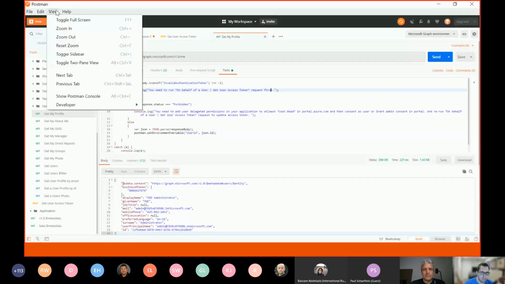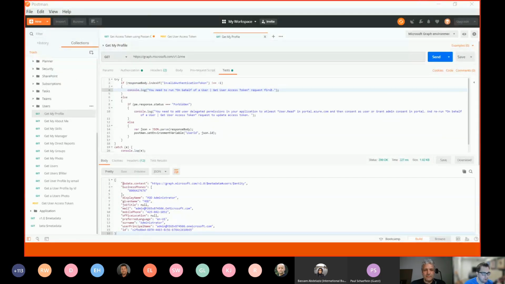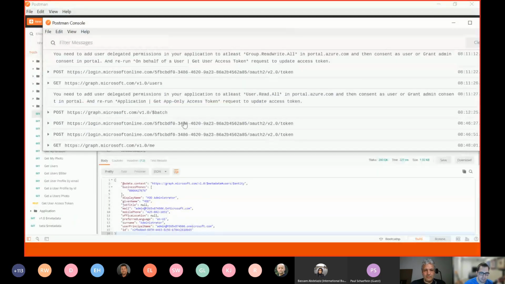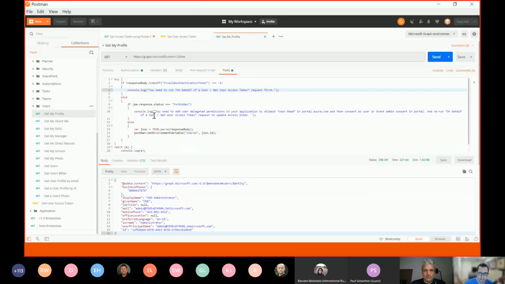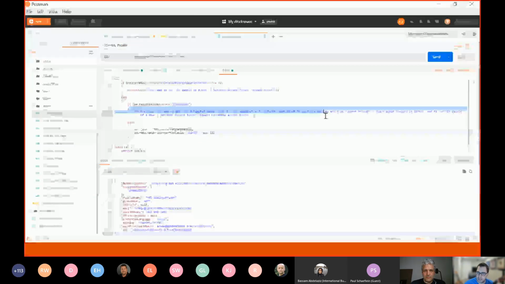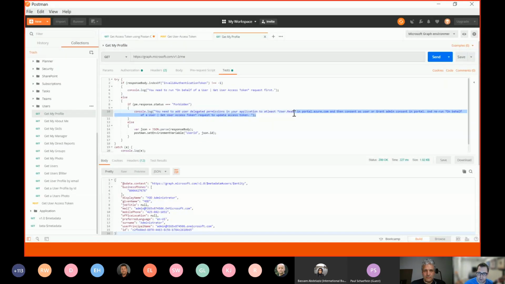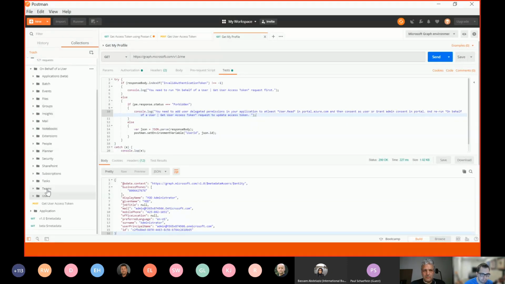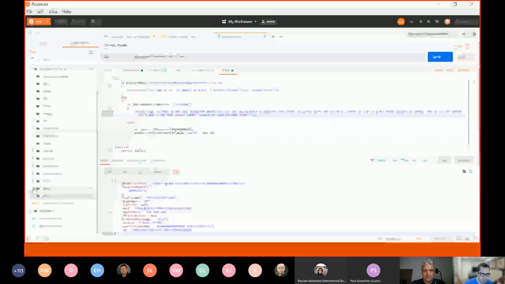And then you'll notice that in the tests, if it throws the invalid authentication token, I will prompt you in the console. Now the console does not open at first, so you have to go into view here, and you'll see that as I'm running these things, in the past I've tried to run things and I get some errors. So I've actually gone through and added exactly what the lowest permission level is required for you to go and add permissions. So as an example of that, if I went into